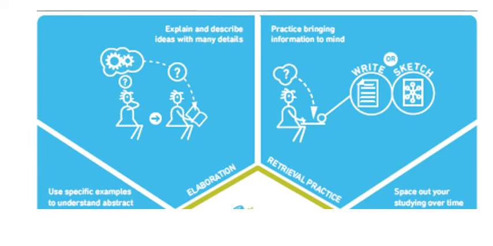The first two we're going to be having a look at are elaboration and retrieval practice. Elaboration, unsurprisingly, is looking at the way you explain something and describe it with as many details as you possibly can. They often say that 80% of what you teach you will remember. So imagine that with elaboration strategy, you are taking a key formula, principle, or theory and you're explaining it. You're giving it as much information as you possibly can. This is often done in revision cards, where you've put that key theory, principle, or formula on the front and the extra information on the back. You test yourself by looking at the first image and then seeing how much of the material on the back you can remember because you've elaborated on it.